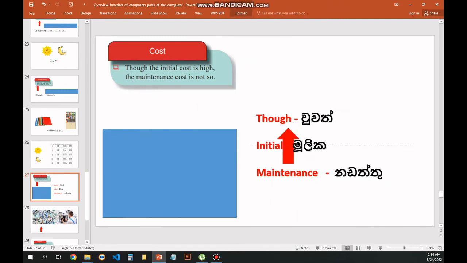See, though. In Sinhala I will tell this. Initial means mulika, maintenance means nadattu. Let's try to get the idea here. Though the initial cost is high,